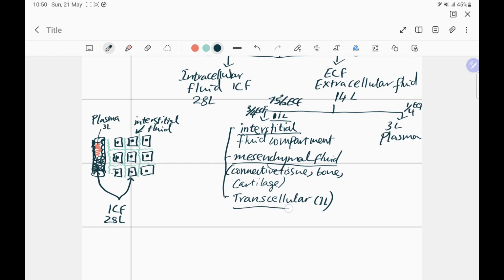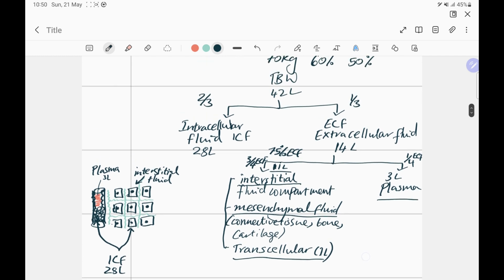Now look at transcellular fluid. This is fluid which is present in your pericardium, peritoneum, and pleural spaces, and in your synovial joint spaces as that lubricating fluid over there, and in your eyeballs, in the aqueous humor, vitreous humor. There's some water over there and places like that. So that all adds up to around 1 liter, and this is your transcellular fluid compartment. It's a fluid that is stored in some sort of a separate compartment lined by epithelium. So that's transcellular fluid over here. So this is the classification of your body fluid compartments.